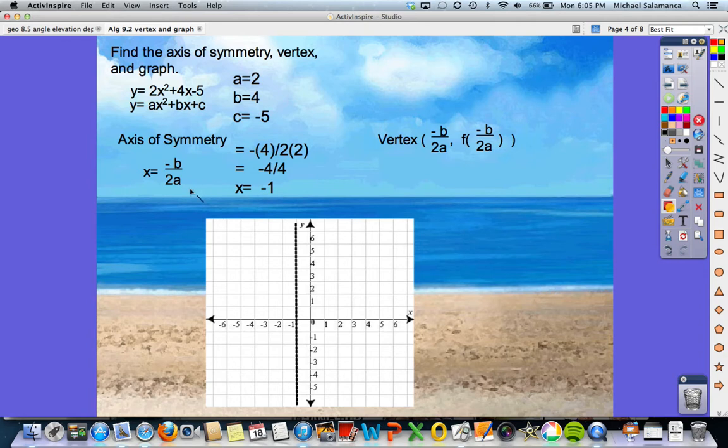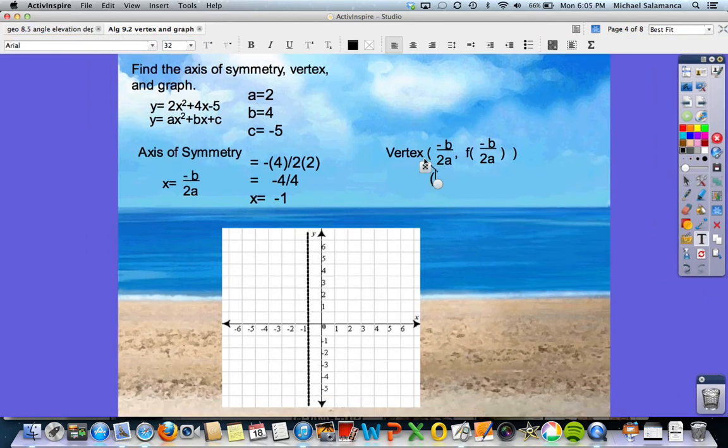So now we're going to take our x value for the axis of symmetry and use that on our vertex. So the vertex is our ordered pair. It's an x and y value. In this instance, we already know the x value. The x value is negative 1. The y value is the one we have to work on. Now the y value, as it says in our formula, is f of negative b divided by 2a. F lists it as a function. So what that really means to you is to